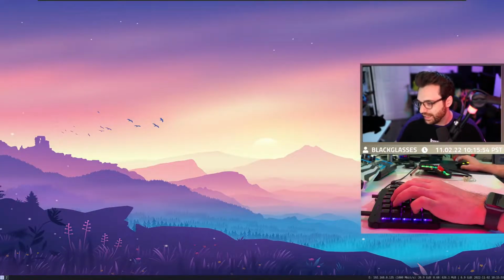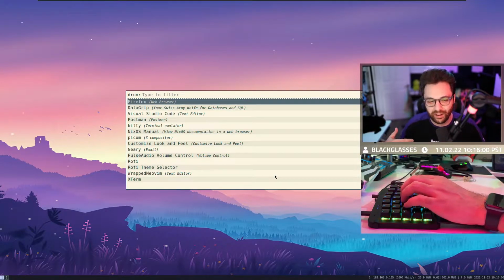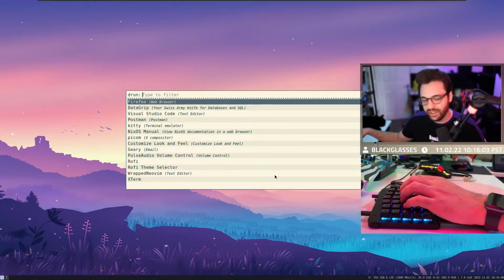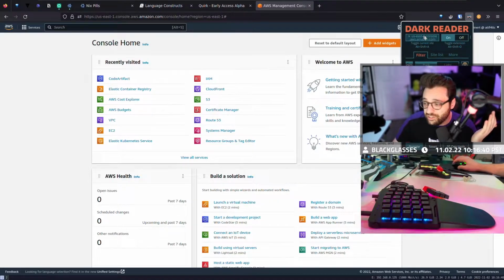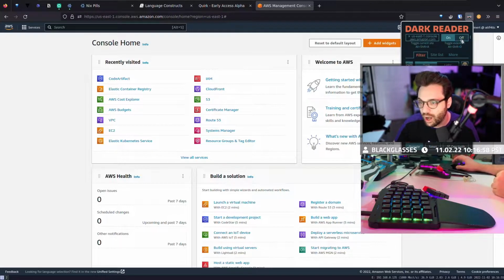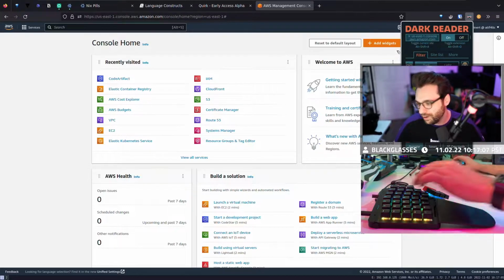One second. I'm trying to get the desktop back on, but I kid you not, I can't get it out of light mode, and so I don't want to put the desktop back on and just blind you all. So I'm trying to get dark mode back on the Amazon console. Hang on. All right, I'm sorry, I'm going to blind you. Why does this do this? I hate this about Dark Reader. I don't know if anybody else deals with this with Dark Reader, but there are times when you just can't enable it, and it's infuriating. I'm sorry. I had to blind you guys because I need you to see. Look, even if I turn it off and on and off and on, why is this happening? Why? Just grayscale it or dark mode it.